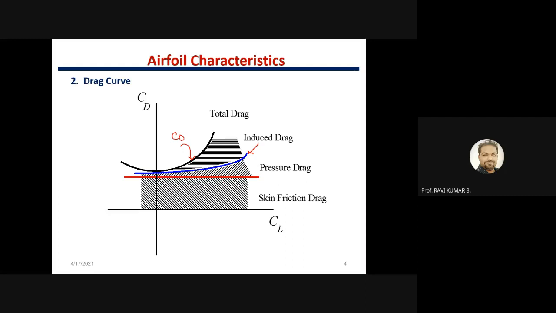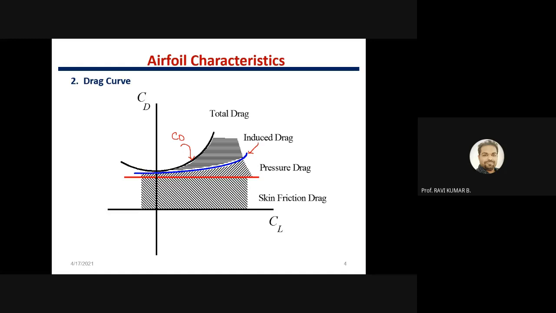And as for skin friction drag, it remains almost constant. It's not going to increase much. So this portion is representing your skin friction drag, and this is basically a pressure drag. Whatever fluid is getting separated is also getting separated due to a difference of pressure, because the backside pressure is low, very negative, reverse pressure, because of which separation happened. So this entire thing is your pressure drag.